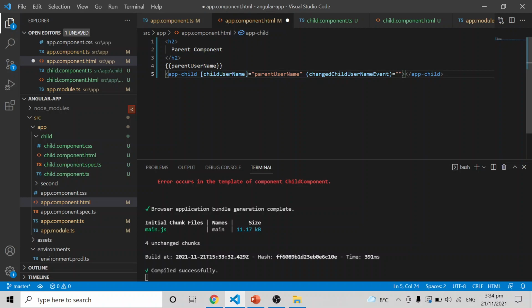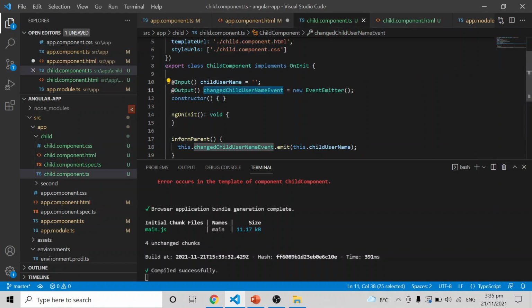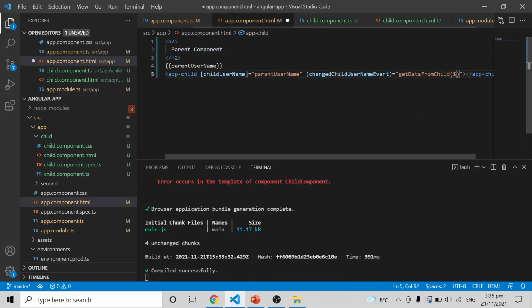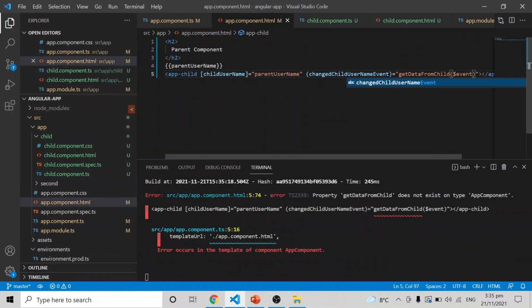Okay, so getDataFromChild. Whatever data passing from that event, we emit. Okay, whatever data passing from here, that will be received as $event. So you will get those data here.